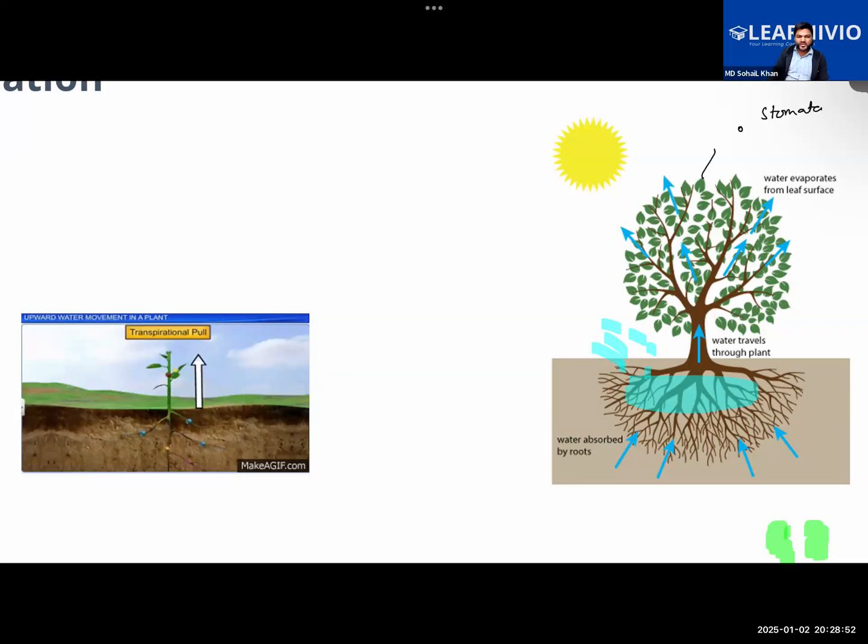Further, it is kind of sweating, just like sweating gives us a cooling effect. So transpiration also helps in cooling down the plant. As the water evaporates, it uses the heat of the plant for